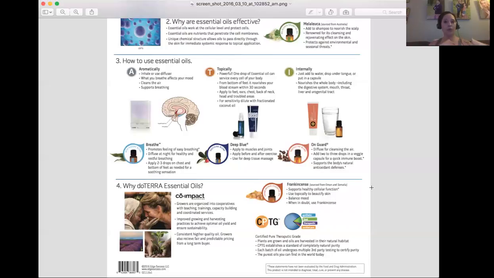I back it up with what I do and what I educate them with and the tools that they leave me with. So it's important to know what CPTG means, because to anybody else, it means nothing. But what doTERRA means by it is what they stand for. They're certified essential oils, meaning they've gone through multiple, I'm not talking one or two, I'm talking multiple third-party testing and chromatography and all these different tests to make sure that just the essential oil is taken, no synthetics, no fillers, completely natural, grown in its most natural state, and is